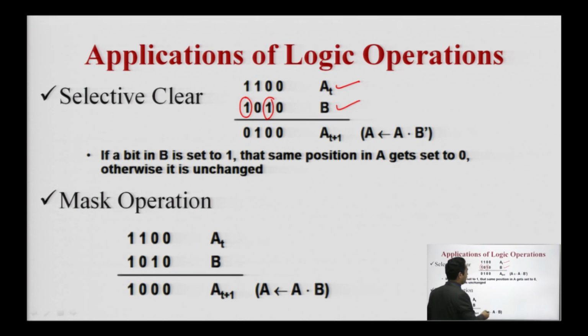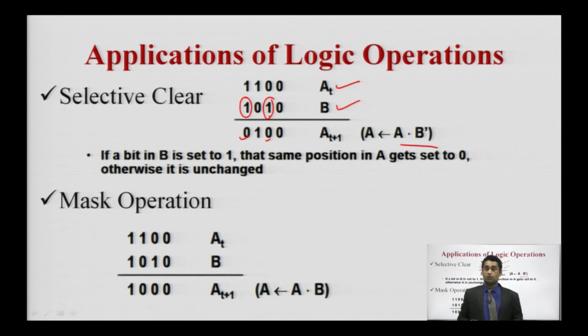So in this case we are performing the operation which was mentioned in the F2. Where the 1 is present, this value is going to be 0. Here the 1 is present, this value is going to be 0. So this is basically a selective clear operation. This is very useful when we are talking about bigger circuits and when we are going to clear specific bits. The complement one is basically used in the networking part, which is known as the mask operation.